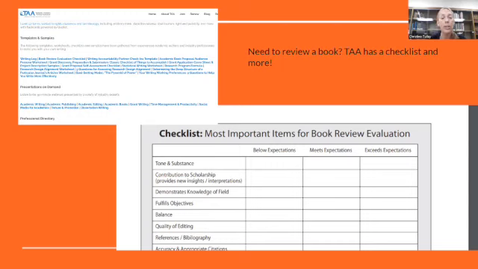So if you're checking it out on YouTube with me right now, you can see what it looks like. But if not, and you belong to TAA, go in there and check it out. It's one of the very first items in the templates and samples section if you just click the book review